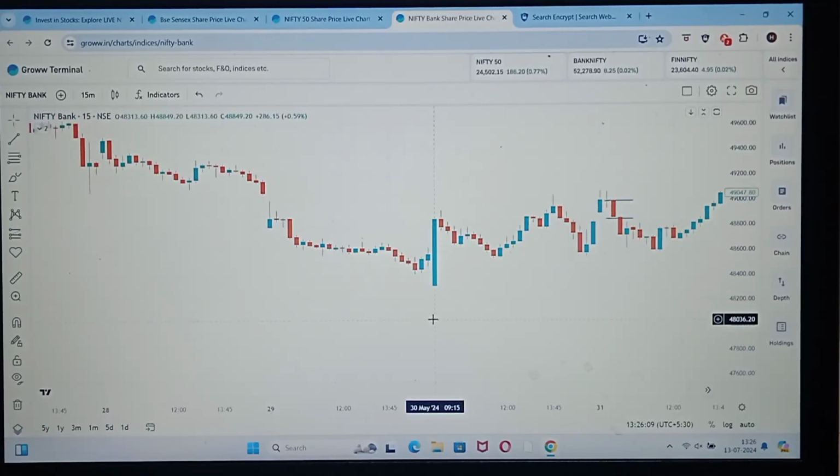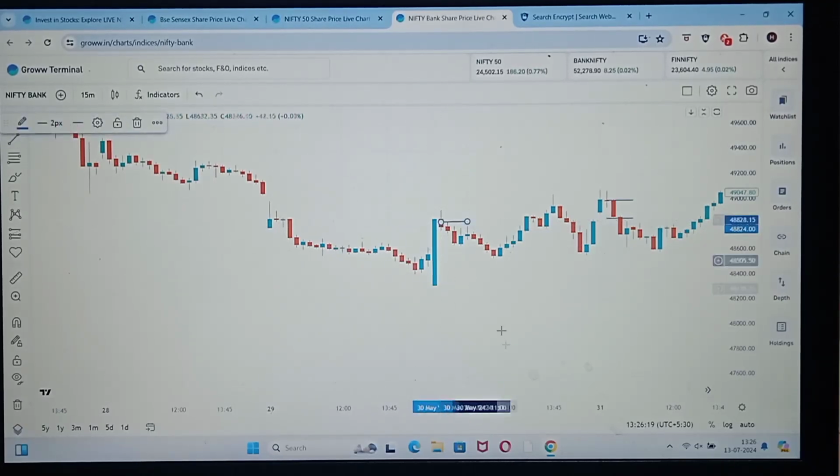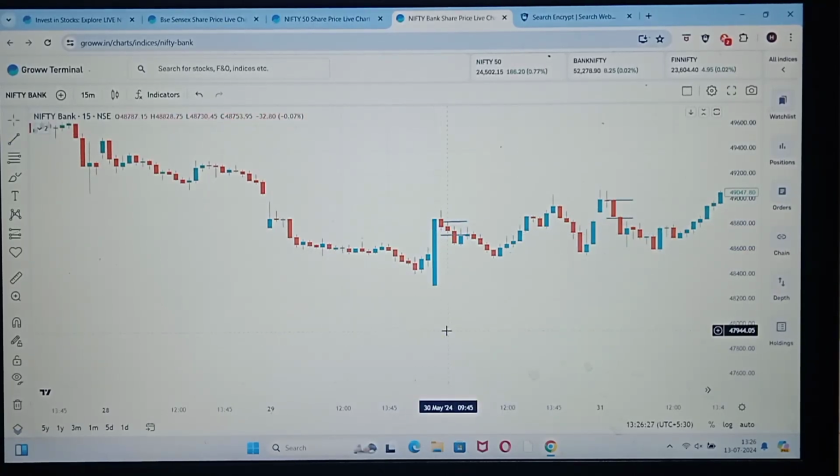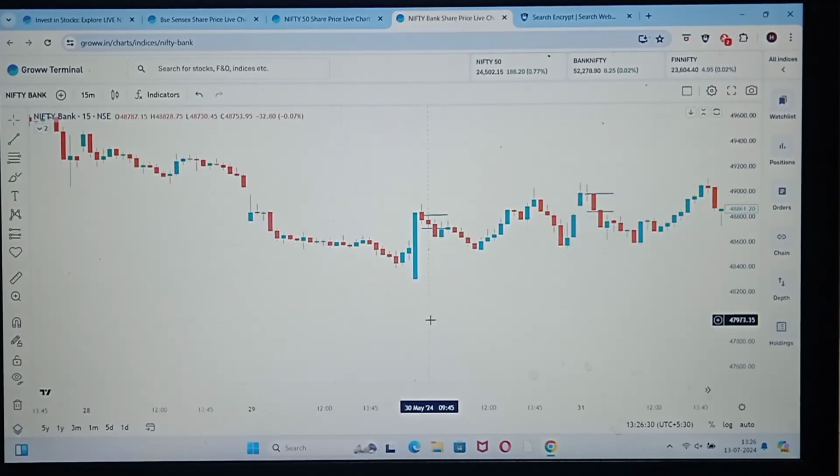If you are an expert in scalping, you can easily book 100 points. Now we'll see the 30 May chart of Bank Nifty, 15-minute time frame, applying the 9:45 strategy. So you can clearly see 9:45, after this high and low, you can clearly see here we are getting a trade